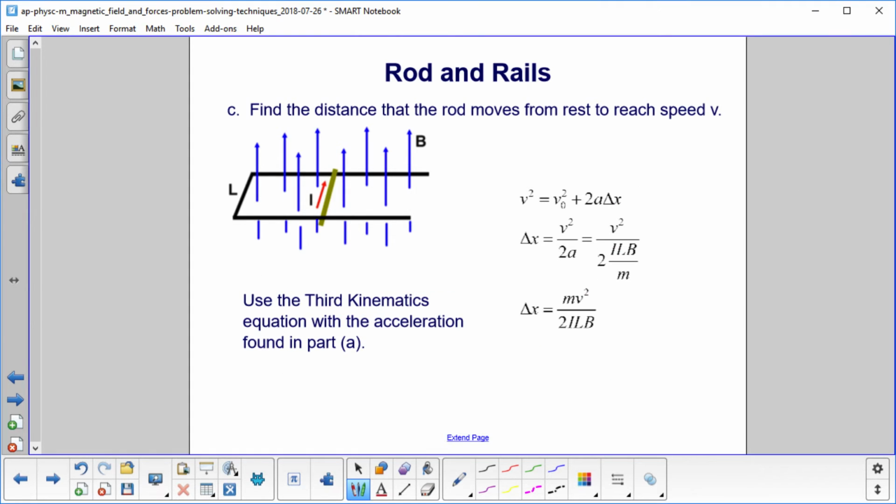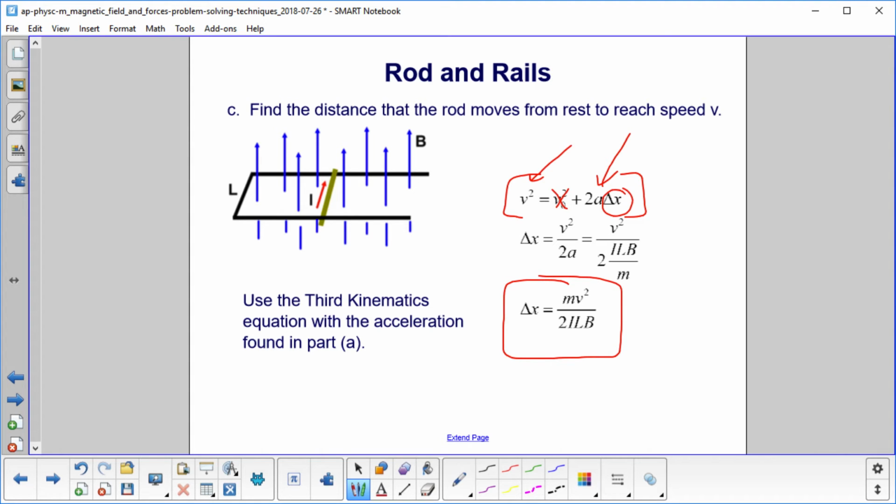Find the distance that the rod moves from rest to reach speed v. We're going to use the third kinematics equation. And why is that? We don't need time in this. They're not asking about time, but they want a final speed v. The initial speed is 0, and we want a distance, and we know what the acceleration is, so third kinematics works perfectly. Do a little rearranging. We have the distance, or the displacement, as v squared over 2a. We substitute our value in for a, then we clean up the equation, and this is what we get,